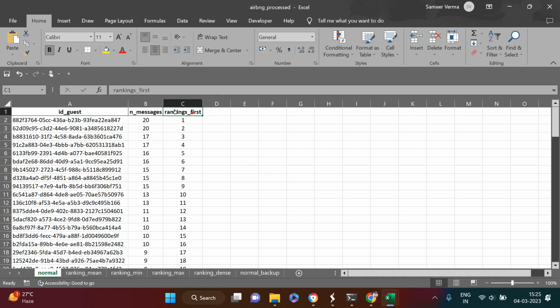So the first method is called first. When you choose this method, what's going to happen is it will give the ranking like serial number, the way you say 1 2 3 4 5 6, right? So that way it does the ranking. It's very simple. But it will not be fair because you see both of these two customers have 20 messages, and to the first customer you are saying rank number 1, and to the second one you are saying number 2. That doesn't make sense. So to solve this,